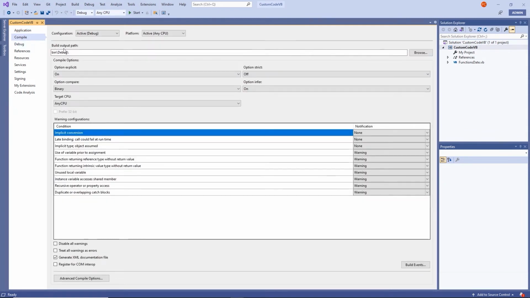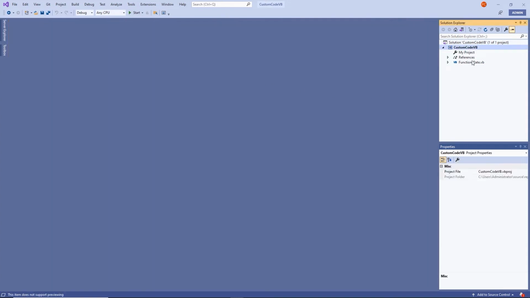And you'll see your build output path. So it's putting it in the bin file, and then there's a debug folder. The good news is we don't have to navigate through Windows Explorer to be able to get to this file folder. So what we're going to do here is we can go ahead and close this custom code VB properties